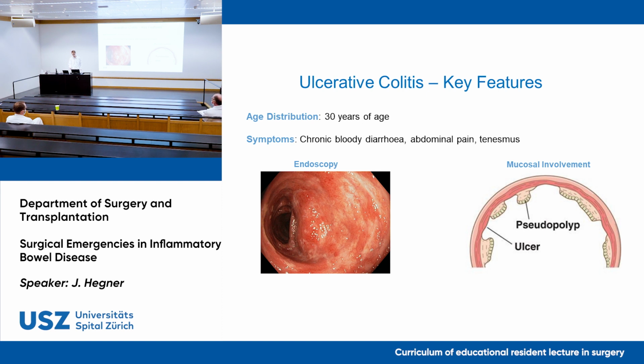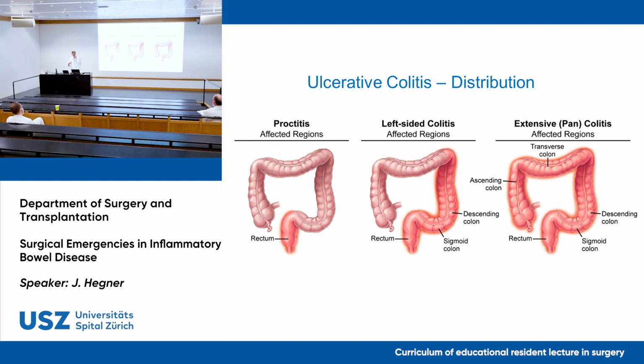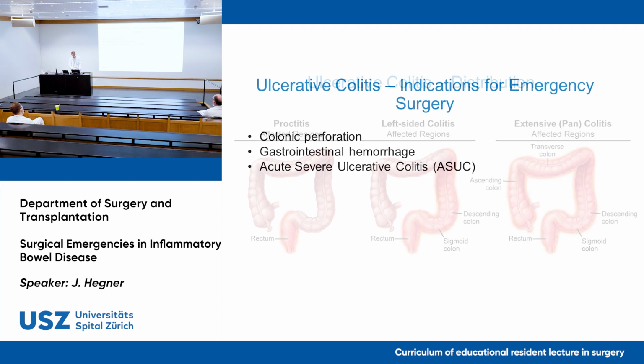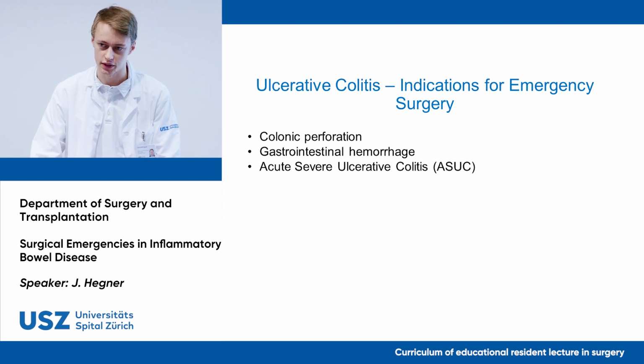And typical endoscopic findings here include a red, inflamed, and friable colonic mucosa. Roughly 50% of patients will have disease limited to the rectum. A third will have the disease of the rectum and of the left side of the colon. And roughly a fifth of patients, 20%, will have the disease of the entire colon, so pancolitis. Some indications for emergency surgery here include colonic perforation, a GI hemorrhage, and very acute, severe UC that is unresponsive